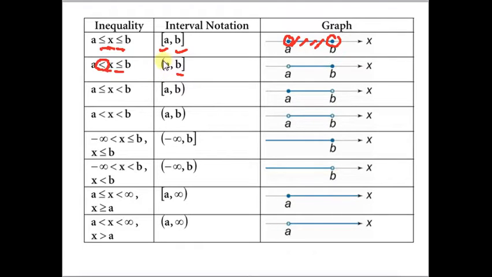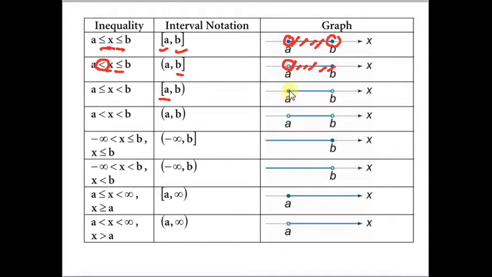See, a is not included, so that is the reason we are representing an open bracket. As a is not included, we indicate it with a light color bubble. Here b is included, so we indicated it with a dark color bubble. It means x can take any value from a to b, including b. It can't take a. Okay, now a less than or equal to x less than b. It means it can take the value of a and values greater than a up to b, but it can't take b, because here the equal to symbol is not there.